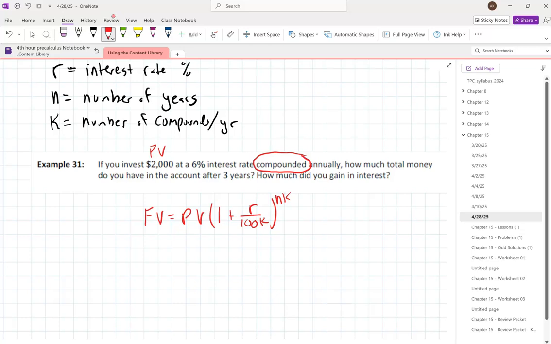$2,000 initially, that's my present value. 6%, that's my R. Annually, that's my K. We're looking for total money. That's my future value that we're looking for. And then 3 years is our N. So if we fill this in,